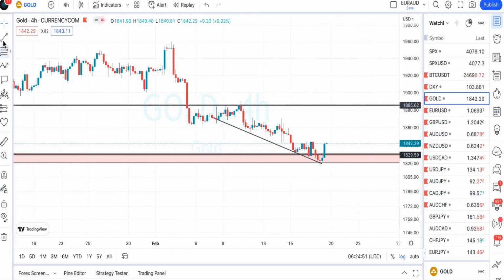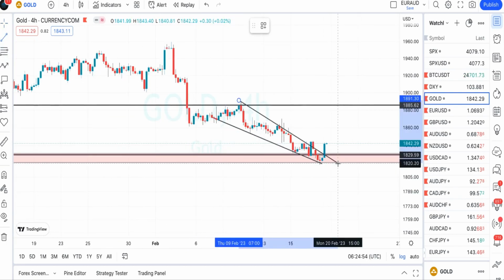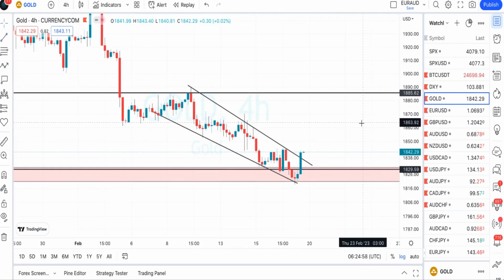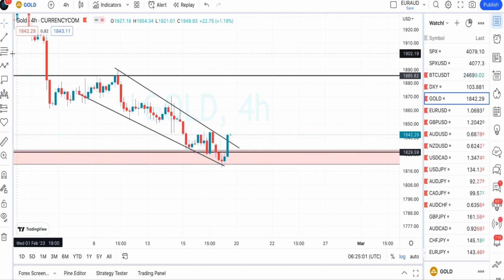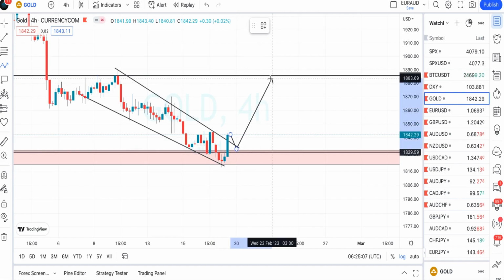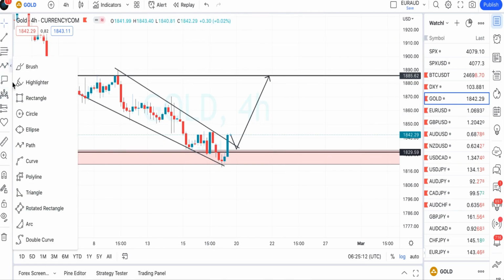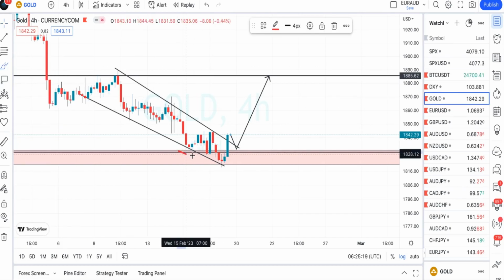So as you can see, we have a breakout of this spot already. So we have a break to the upside of this spot. So this one gives us an edge that okay, we are still heading to the upside. So we can just wait for a retracement, maybe it's creating what we call the head and shoulders, and then that is our target right there. So we might say something like this. So this is our target right here at